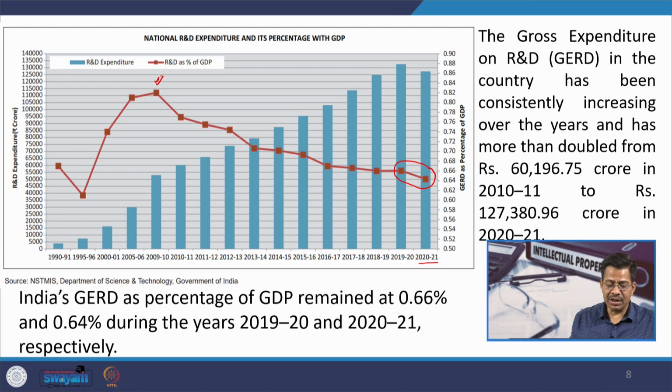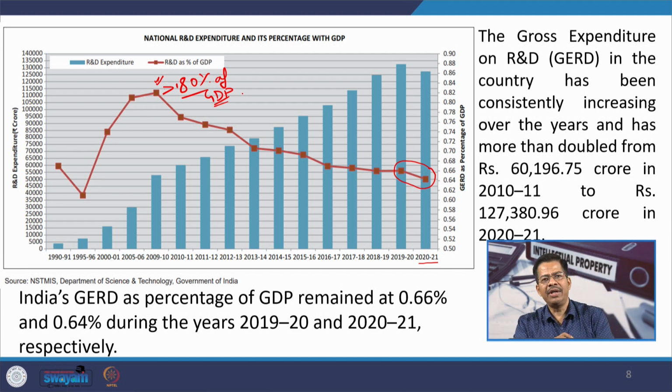Since 2008-9, this was the time when we had R&D expenditures which were more than 0.8% of our GDP. But right now, we are hovering around 0.64, 0.66 percent of the GDP. Though since our overall GDP is increasing, the absolute number of our R&D expenses is increasing. So, if you see the gross expenditure on R&D, which we call GERD, in our country is consistently